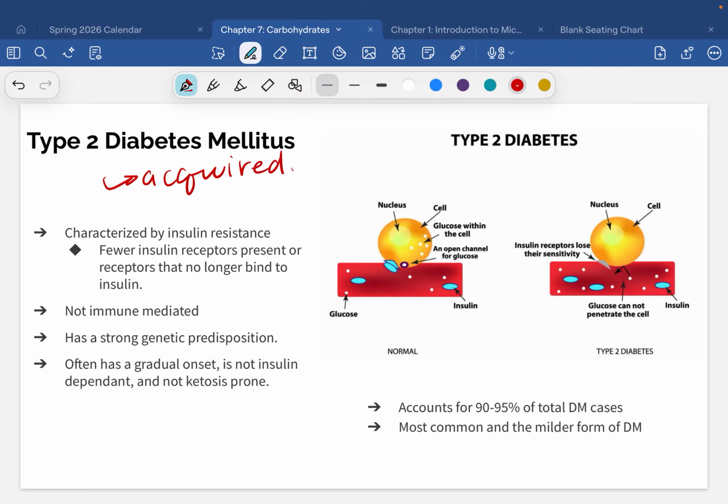And why that happens is not completely understood. A lot of times it is tied to weight and diet, that if you consume excess amounts of sugars in your entire lifetime, at some point in your 40s and 50s, your insulin receptors just get sick of it and they stop responding because the levels have been so high for such a long time. There also seem to be genetic components. There are some people that are just insulin resistant, no matter what their diet.